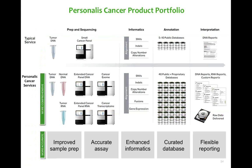To conclude, Personalis has addressed specific challenges in sequencing and analyzing tumors. We offer solutions to detect low-frequency mutations, especially from heterogeneous tumors and tumors with variable purities. We are able to handle different sample types, and we've optimized our sample preparation protocols to simultaneously extract DNA and RNA from each tumor sample. We've addressed gaps and inaccuracies in sequencing and have built a clinical-grade genomic solution with uniform and augmented coverage of biomolecularly important genes. In addition to developing comprehensive assays such as our whole ACE exome and transcriptome and our extended cancer panel for DNA and RNA analysis to meet clinical trial and research needs in the